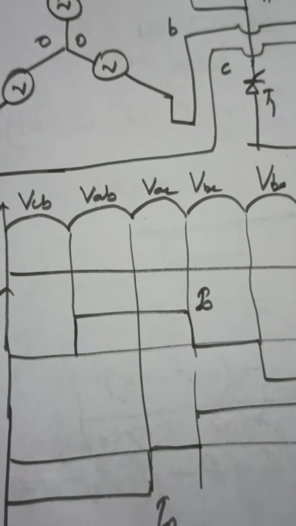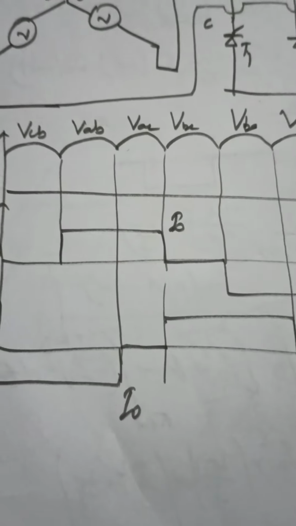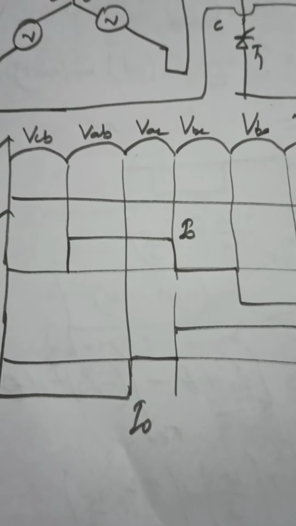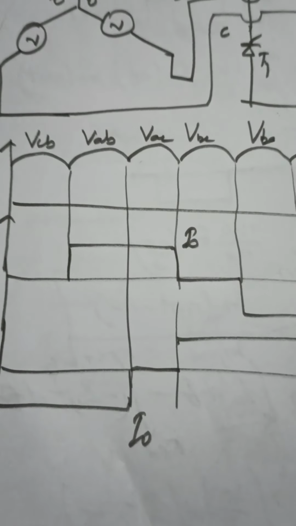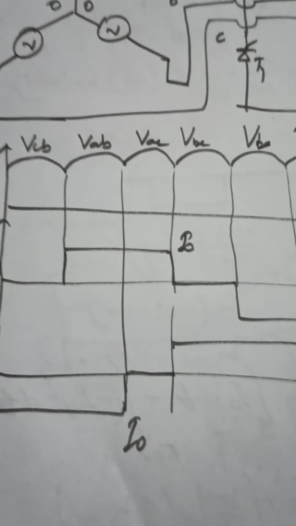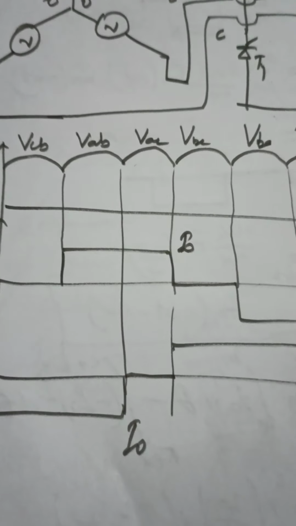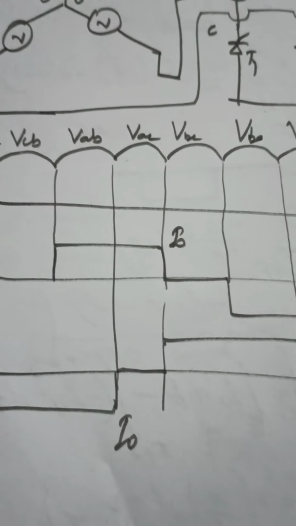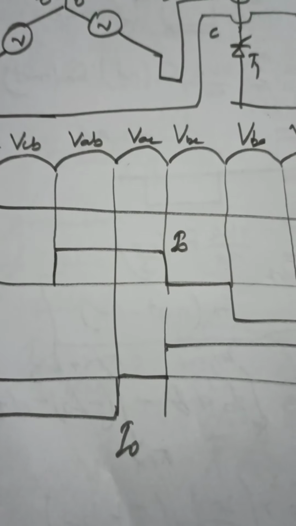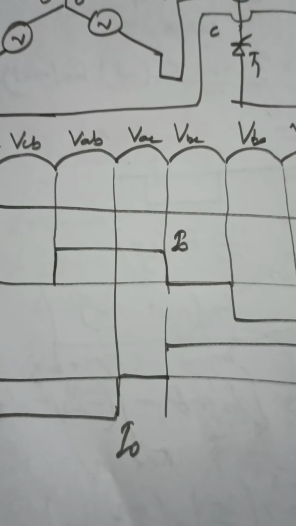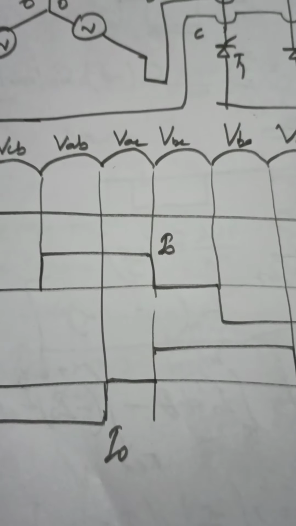If we are not able to understand in which order the voltage is coming out, then we won't be able to understand the source current waveform. Source current waveform is very, very important, because after that we have to do converter analysis. We will be able to do converter analysis only when we understand the source current. So once again,